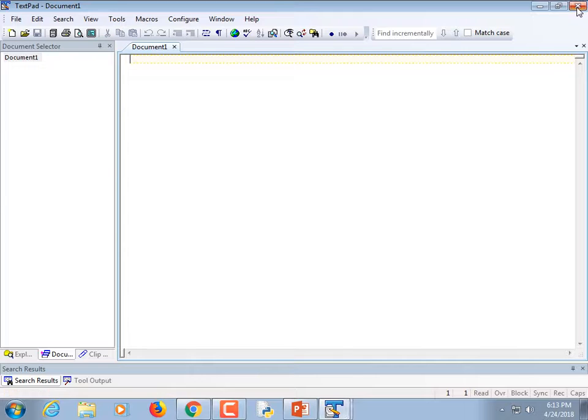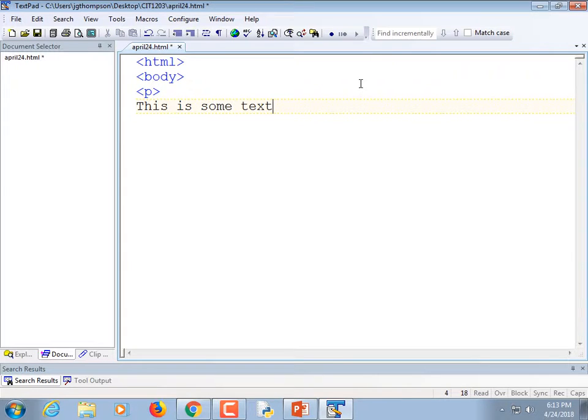Then you're going to create a document and save it as an HTML file. All right, so what is our file? It's HTML. I'm not going to even put a header in it, right? So it's going to say body. I'm going to put a P for paragraph. This is some text. /P, /body